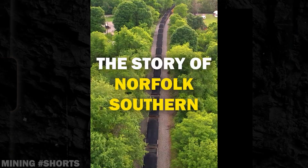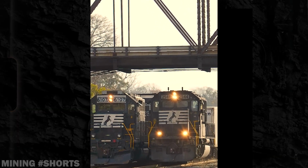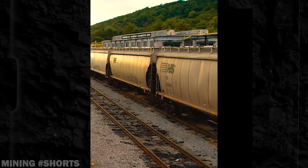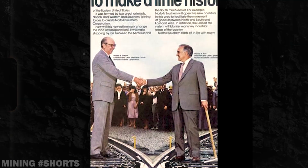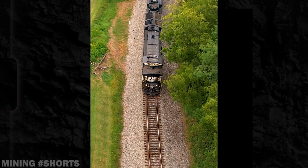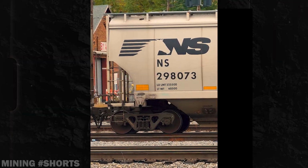This is the story of railway giant Norfolk Southern. Founded on June 1, 1982, Norfolk Southern emerged after the merger of Norfolk and Western Railway with the Southern Railway, combining the latter's extensive southeastern network with Norfolk and Western's stronghold in the Appalachian coalfields. Designed to become one of the largest rail systems in the United States, Norfolk Southern, headquartered in Atlanta, Georgia, expanded